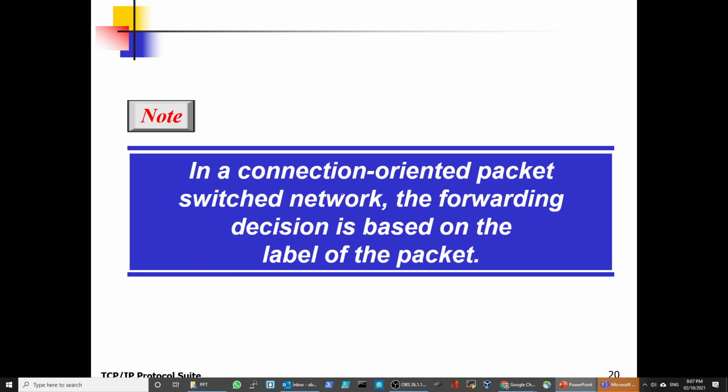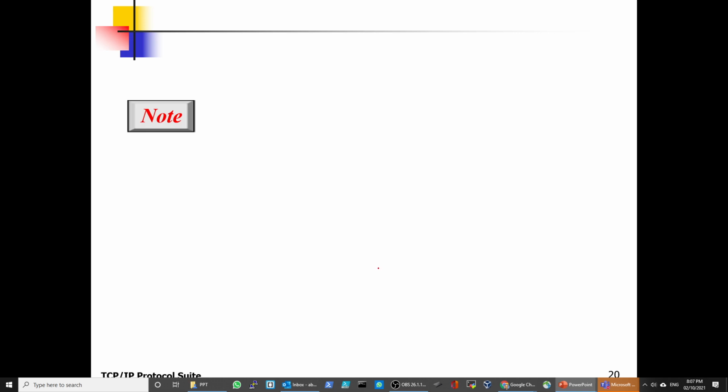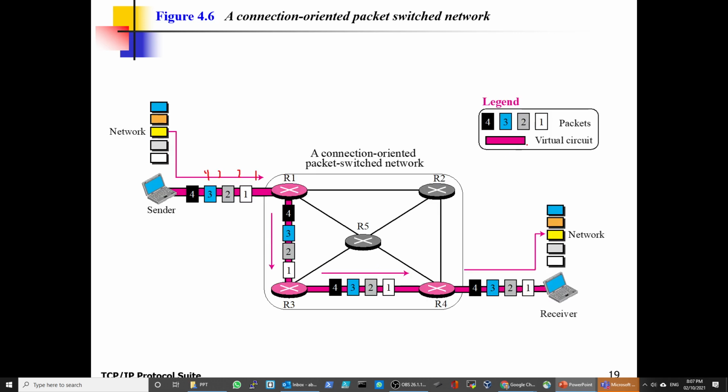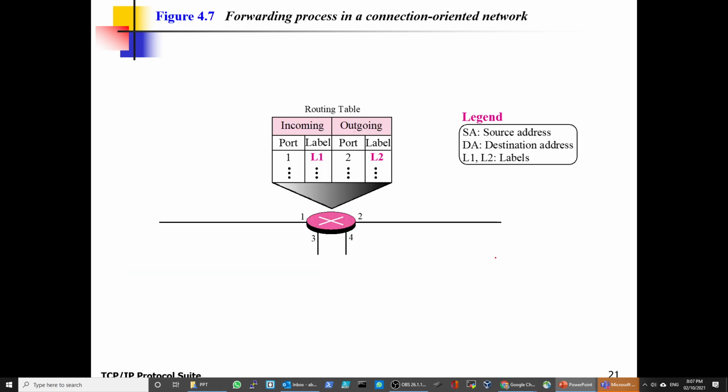In a connection-oriented packet switching network, the forwarding decision is based on the label in the packet. So there is a virtual circuit label added to the packet, and then it will go through one route. It's not the destination address anymore. As you see in here, this is your datagram.